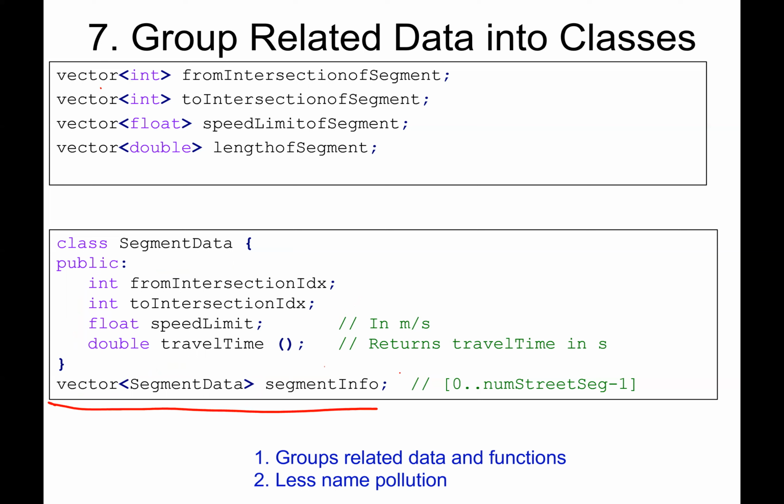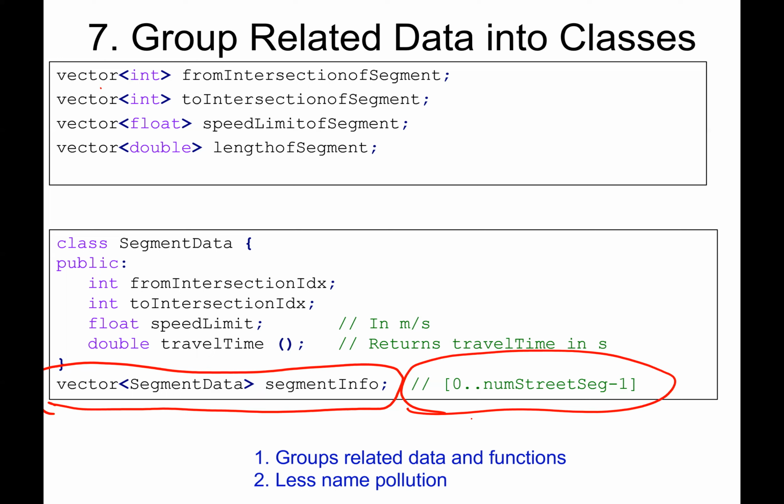When you have something like this, okay, so I just made a vector of segment info, it's a good opportunity to comment, how are you going to access this? What is in this vector? So I often use this notation. I'm going to go from 0 to the number of street segments minus 1. So I'll show you basically how you access this. You access it with a street segment ID. So that can be a succinct way to explain how big is this vector, how do you get at it.